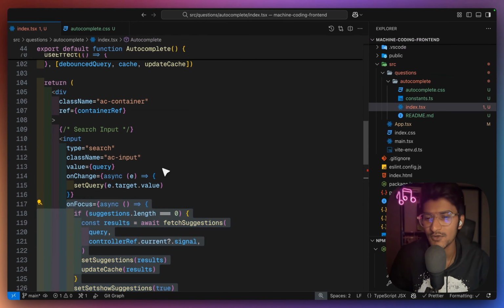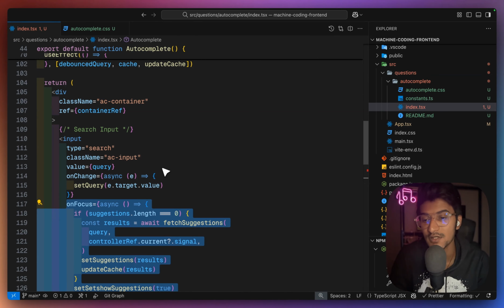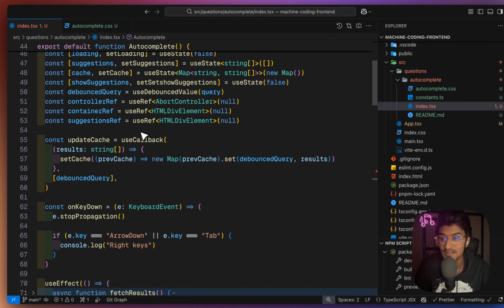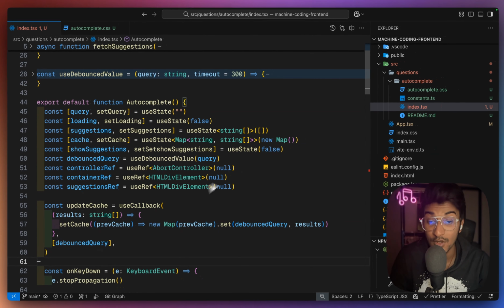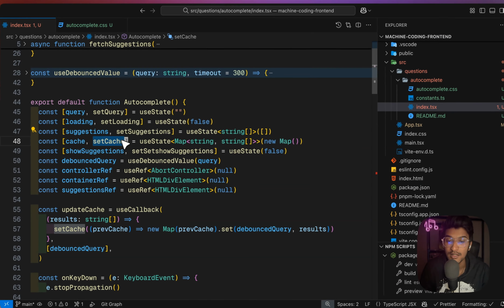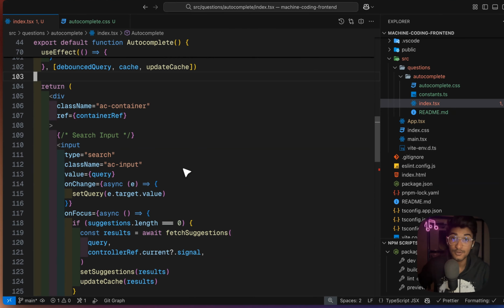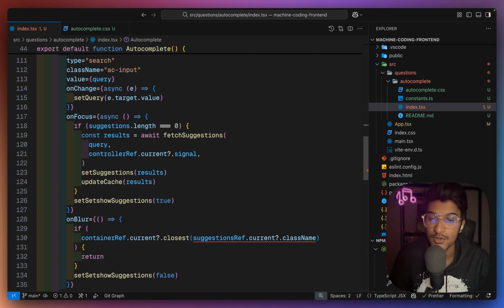So most of it was solved. We added caching, we used the right keys, React keys wherever required. We simulated network latencies, we used Abort controllers and signals, and we added debouncing. We created a custom hook for it. We saw how to use a Map-like data structure instead of normal objects and arrays. So this is not perfect. This is not going to be your production code if you get the job. But if you pull it off till here, I think you may be passing that round because the styling is